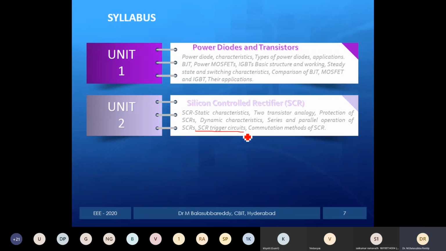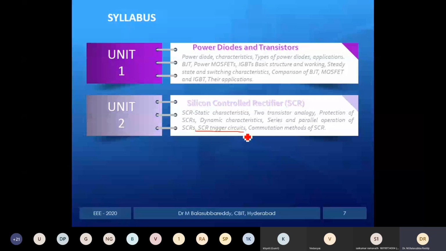For that, you need some additional circuit. Instead of the actual power circuit, a firing circuit is also required for each controller to conduct the devices. Whereas in the diode case, this type of circuit is not required. The diode will automatically conduct when the anode is positive with respect to the cathode. But for SCRs, BJT, MOSFET, IGBT and many other control devices, we need a firing circuit or a triggering circuit. So for that, we need to discuss this type of classification here.